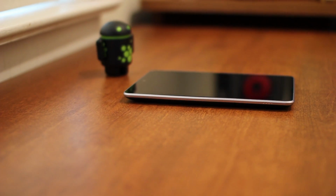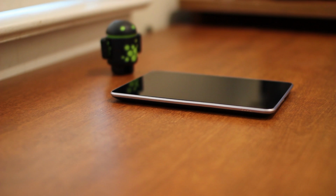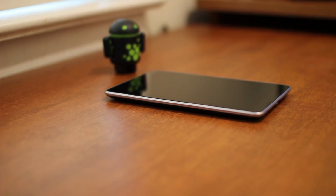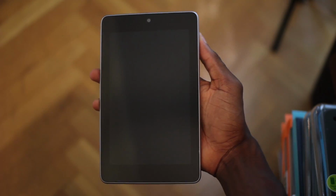Up until now, there was never a Nexus tablet. There were Nexus phones, but no tablet. The Motorola Xoom, for example, was a 10-inch tablet running stock Android, but it's not a Nexus. And the Asus Transformers run a very close version of stock Android, but not exactly, and they're not Nexuses. So when Google announced a tablet, they made a few very curious decisions behind the scenes and came up with